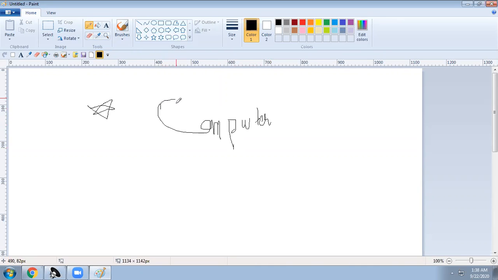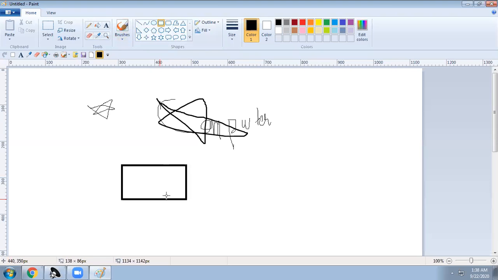Here we can see the brush. These are the options we have. You can select the rectangle shape also, like this. You can select the line also.